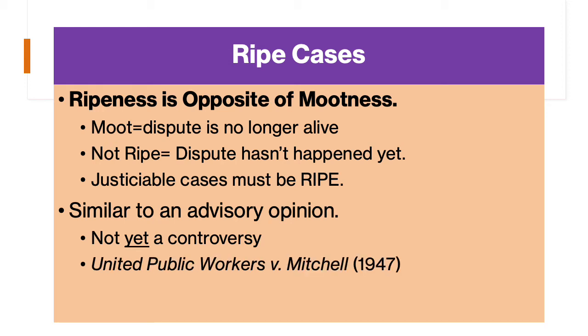Your textbook uses the example of United Public Workers v. Mitchell. In this case, it's about the Hatch Act that's passed, and the Hatch Act is basically saying if you're a federal employee, you can't engage in any political activities or actions, and if you do, you'll get in trouble. And so you'll read in the textbook how there were some federal workers, and they were like, oh no, we're going to get charged for violating the Hatch Act. And the Supreme Court said, no, you actually have to wait to actually be charged with violating the Hatch Act. And only one of their coworkers had actually been charged, thus creating a controversy, a dispute to be settled.